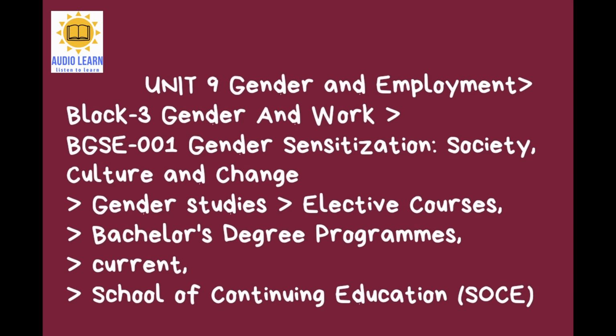Let us now look at how employment is categorized by two important agencies in India. National Sample Survey Organization, NSSO, categorizes employment in three types: self-employed, employed on regular wage, and employed on casual wage. Census of India categorized employment of workers in the following manner: main workers, marginal workers, cultivators, and other workers.